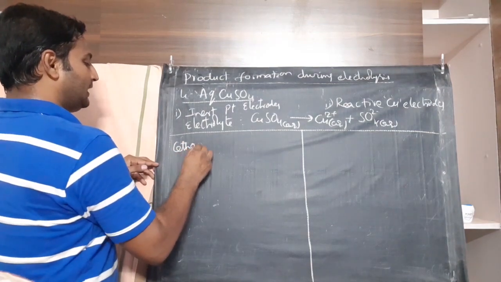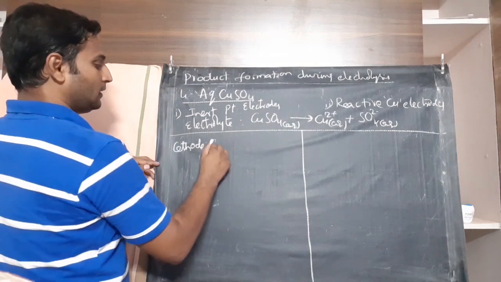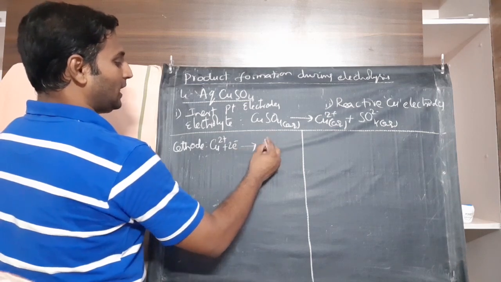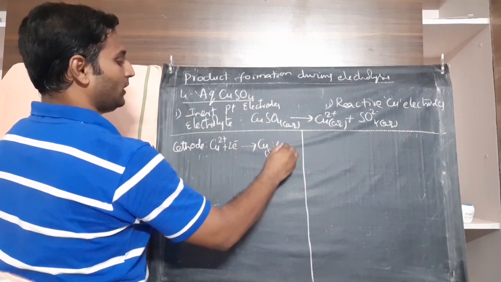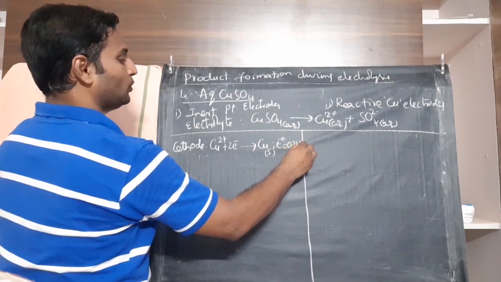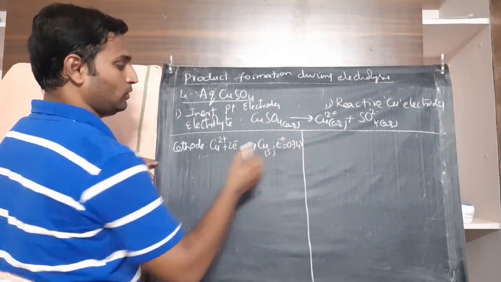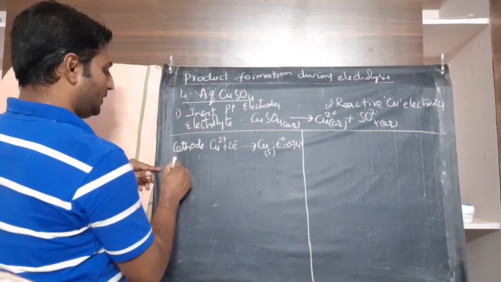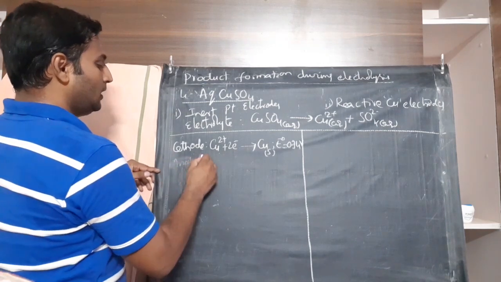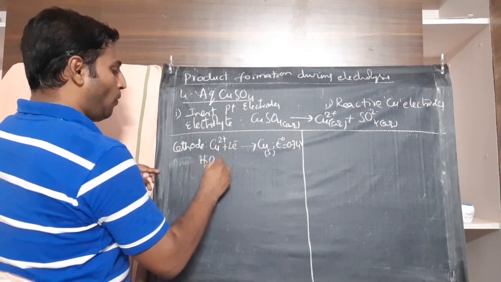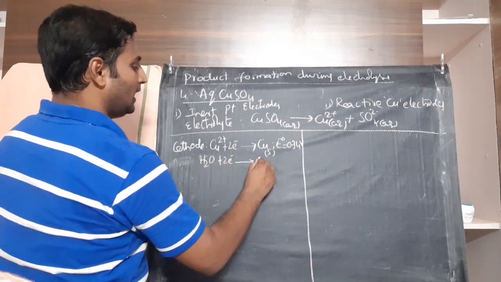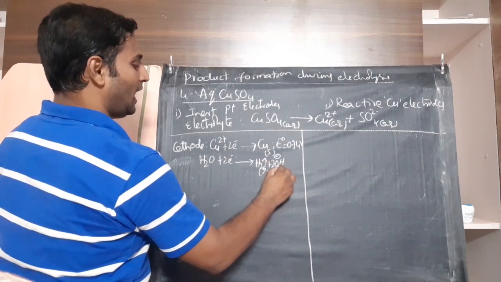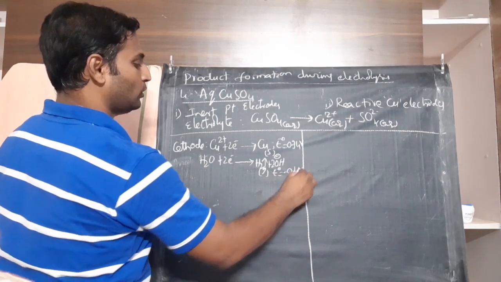So, cations would have migrated to cathode. Which is the cation here? Copper. Copper cation migrates to cathode, gains 2 electrons, becomes solid copper, for which the popular value of electrode potential is 0.34 volts. Now, because it is aqueous solution, who is competing there? Water is competing there. So, at cathode, along with copper cations, water is trying to gain 2 electrons, liberate hydrogen gas and form hydroxyl ions as the byproduct, and for this E naught value is minus 0.41 volts.